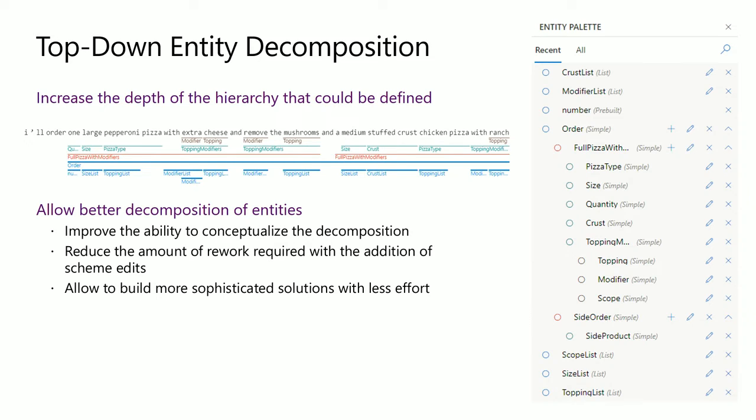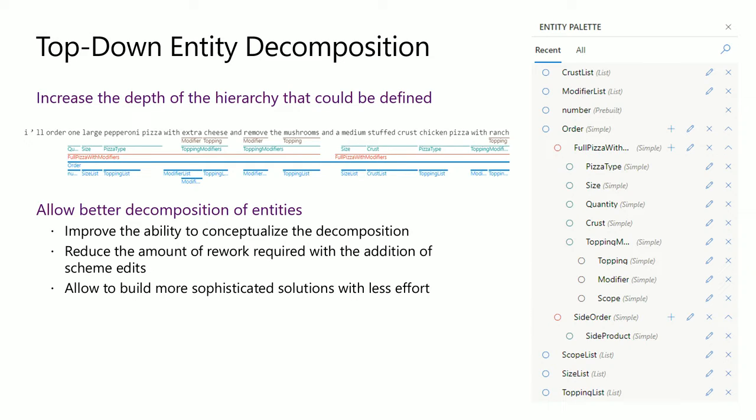Also, when you're doing your labeling experience in a LUIS model, and then suddenly you come up with a new division in your entities, in the bottom-up approach you will have to go and redo everything else because you have that structure and there's some dependency, while here you're adding a child at the end, so you can actually carry on your labeling. The rest has not been changed, and you can continue.